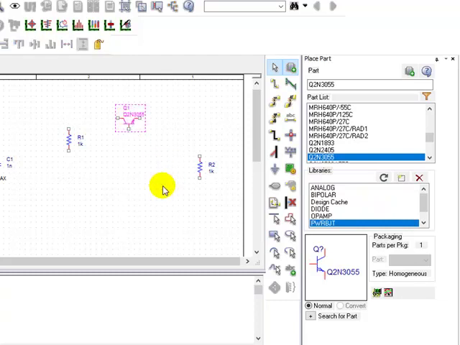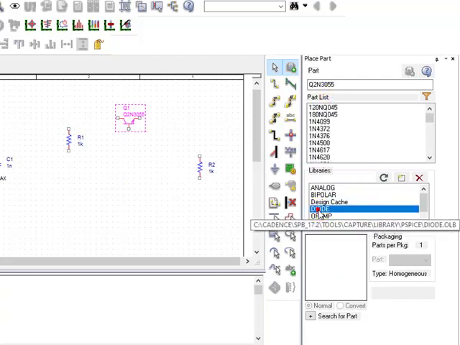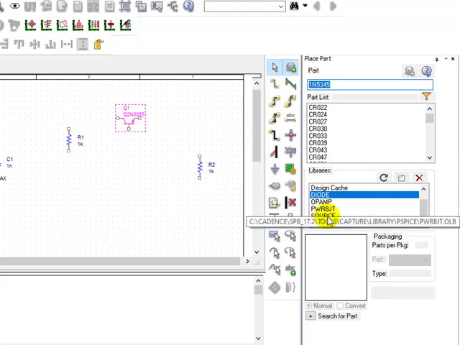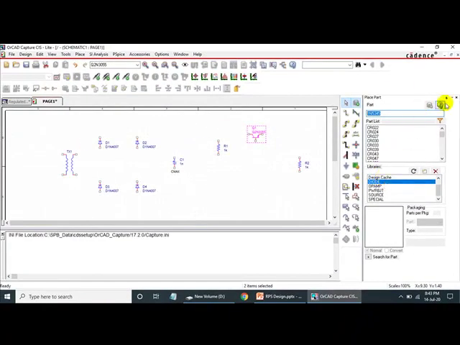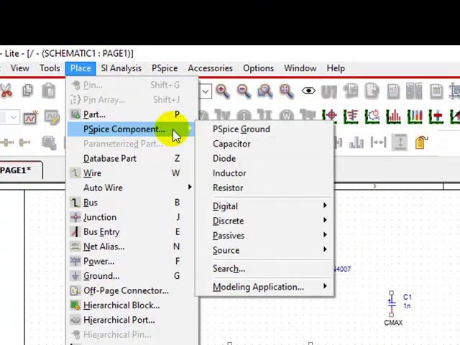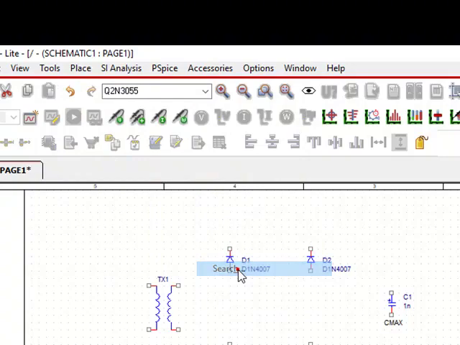Last component that I need is the Zener diode. So you go to diode. The name of the diode is 1N5345. Oh, it is not available here. If you do not know in which library this Zener diode is available, I suggest you go to PSpice component, go to search.